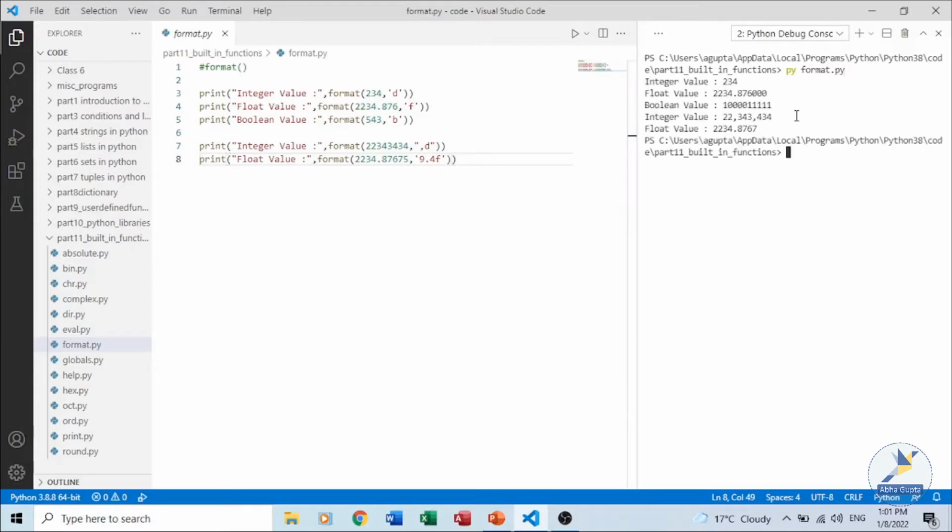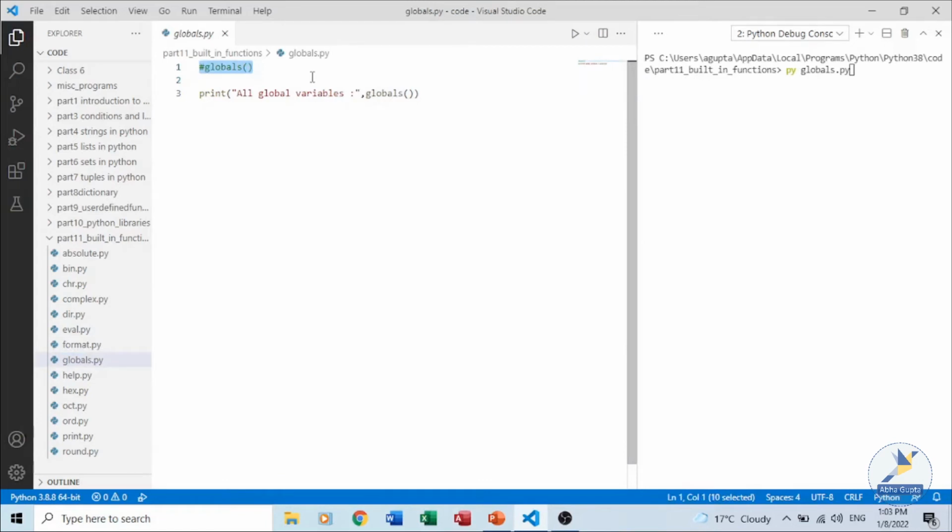Let's see the result. So integer value is being printed with this statement. You could see the float value being printed, it is being formatted, extra zeros are being added. Then integer value with 1,000 separators is being printed. We have a float value where the width and the number of digits, that is the precision, we have given, that it should be 4. So we got 4 digits after the decimal place.